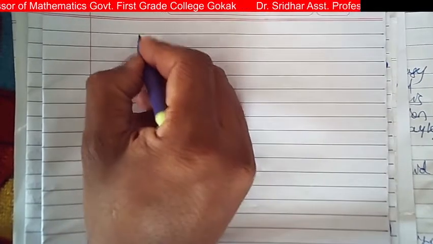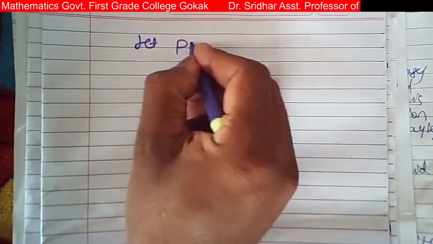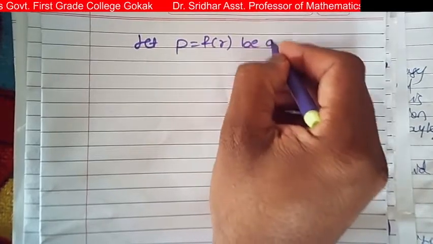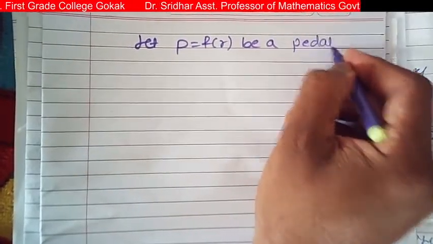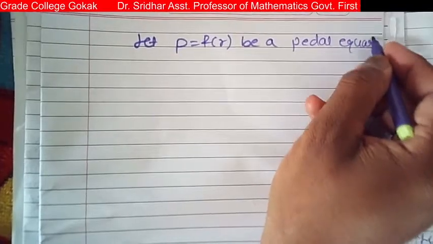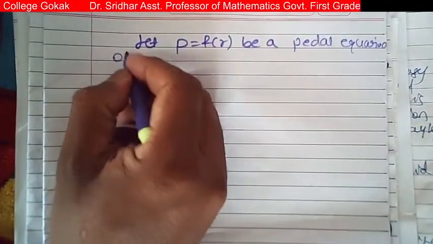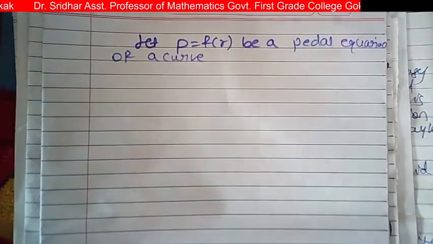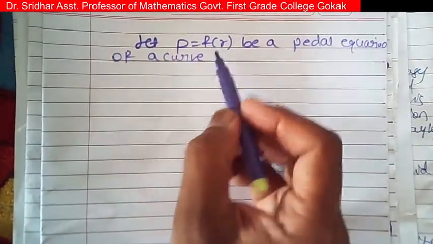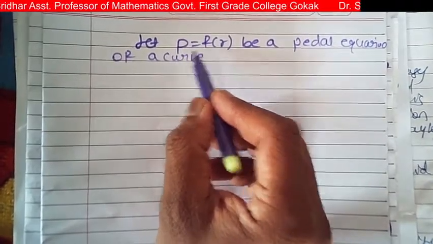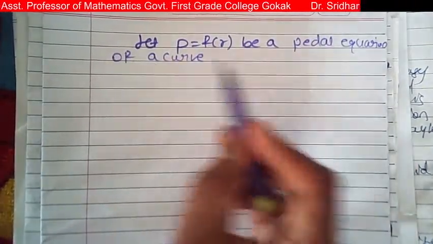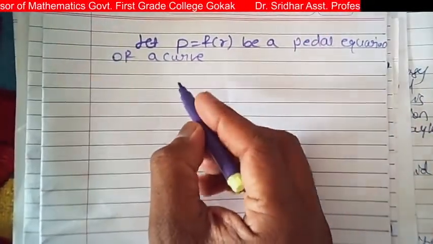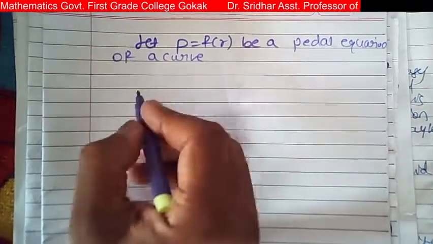So let p is equal to f of r be a pedal equation of a curve, because always p is equal to f of r is a pedal equation. Pedal equation means it is in terms of p and r. So let p is equal to f of r be a pedal equation of a curve. Now in this,